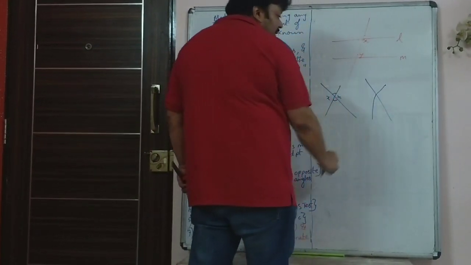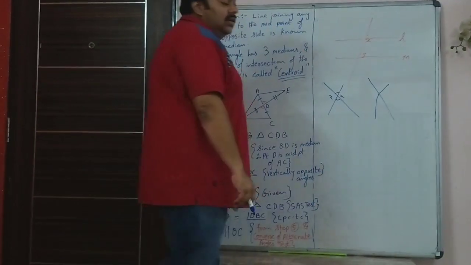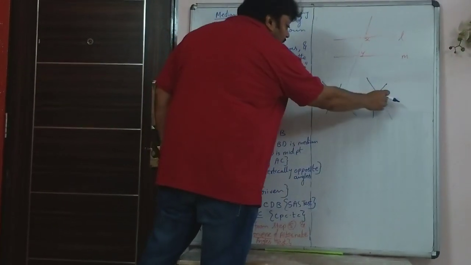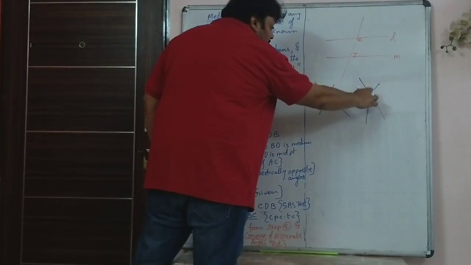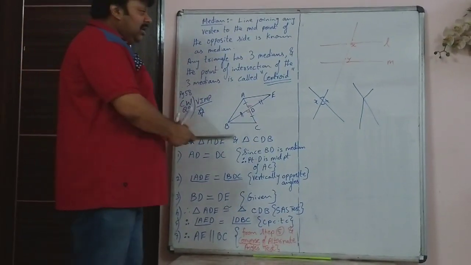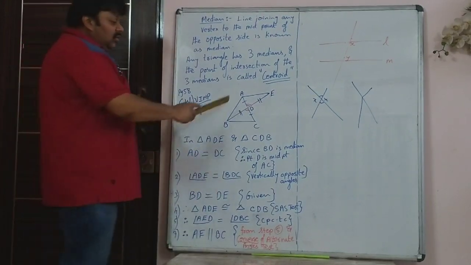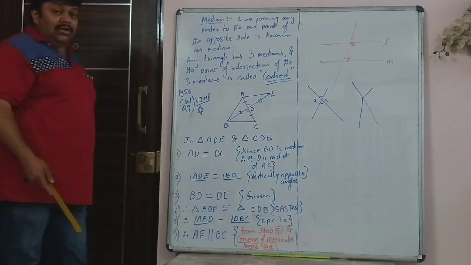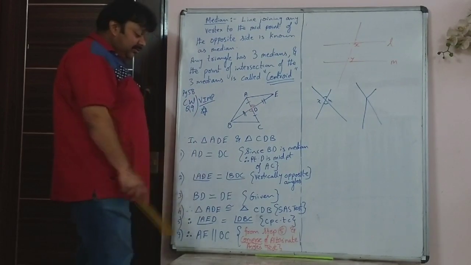Now if you find something like this, it is not a straight line. So in that case you can't say that this angle and this angle are equal. It has to be two straight lines intersecting each other. So if here you have been given something like this and this is not a straight line, then you can't use vertically opposite angles. So be careful. Here of course it is two straight lines intersecting each other. So angle ADE and BDC are vertically opposite angles. This is a straight line, this is also a straight line.